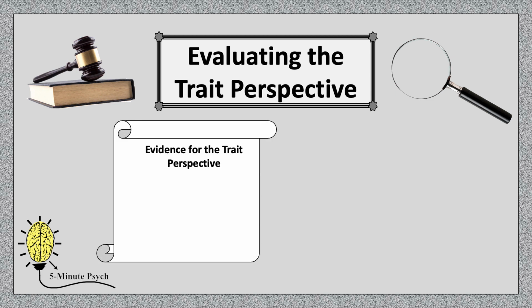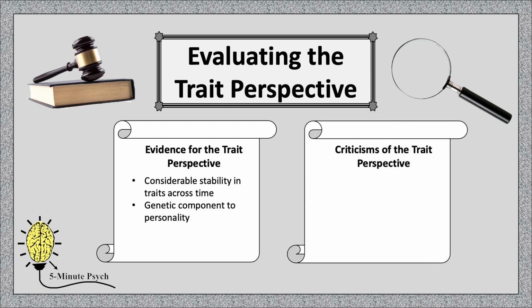For instance, we do see considerable stability in our personality across time, and our personality scores on a test won't change dramatically as we age. This is likely because, as other research has shown, there's a genetic component to personality, just like Eysenck proposed years ago. That being said, we see much more consistency in our personality if the situation hasn't changed compared to if it has, suggesting that sometimes the way we react may not come strictly from within us, but maybe from what's going on around us too.